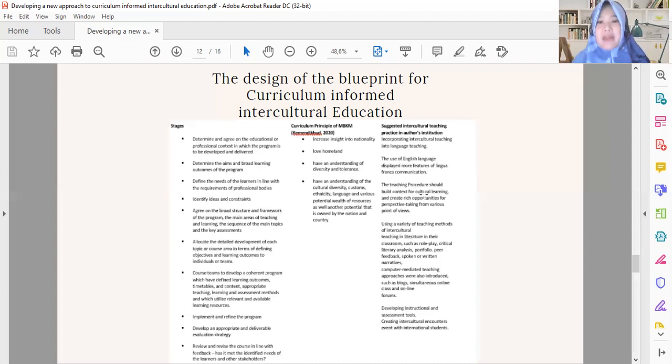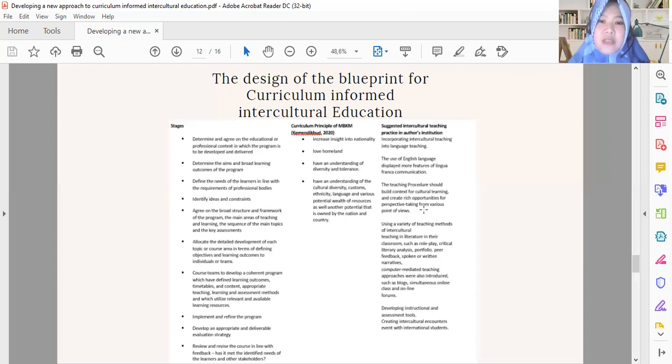Studies mention that. So it's very important to use English language that displays more features of lingua franca, and expand the target language culture. And then the third one is the teaching procedure should provide context for cultural learning and create